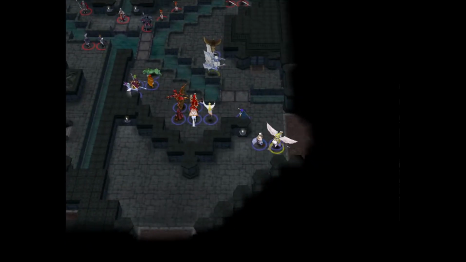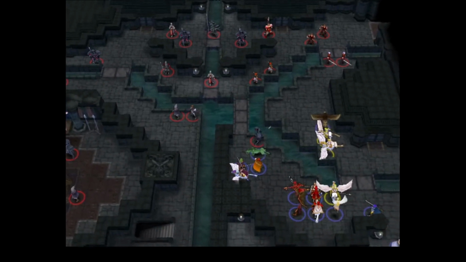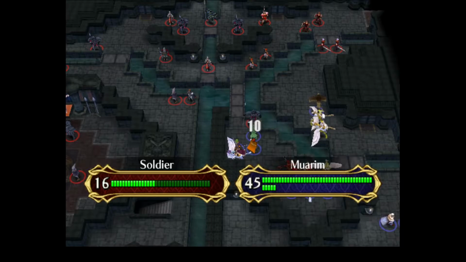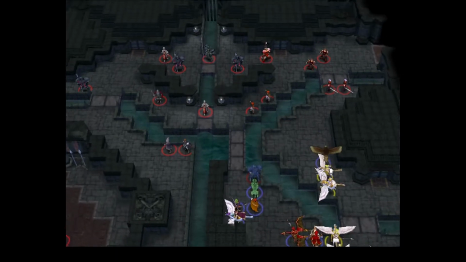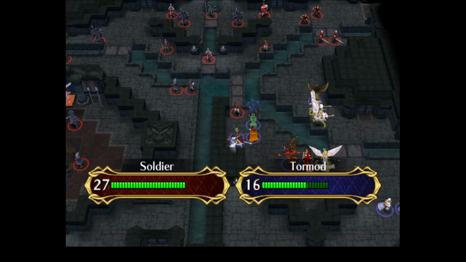I think the weapon triangle would be a lot more interesting if enemies carried multiple weapons. There are several times in Fire Emblem games where you'll fight Falco Knights that only have lances, you'll fight Great Knights that only have axes, Paladins with only lances, and I wish there were more instances where you fought enemies that had multiple weapon types